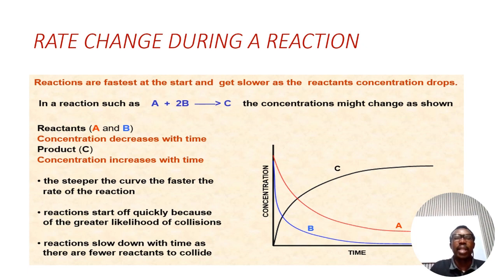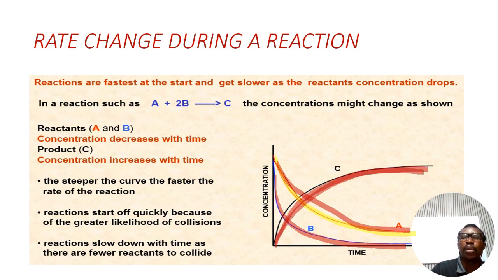So in a reaction such as A and B to give you C, A and B are the reactants and C is the product. The concentration might change as shown. For reactants A and B, the concentration decreases with time. Then for the product C, the concentration increases with time. From the graph, you can see that the concentration of A decreases with time, while the concentration of B also decreases with time, because A and B are used up and C is formed. C is the product. So the concentration of the product increases with time, and the concentration of the reactants A and B decreases with time,